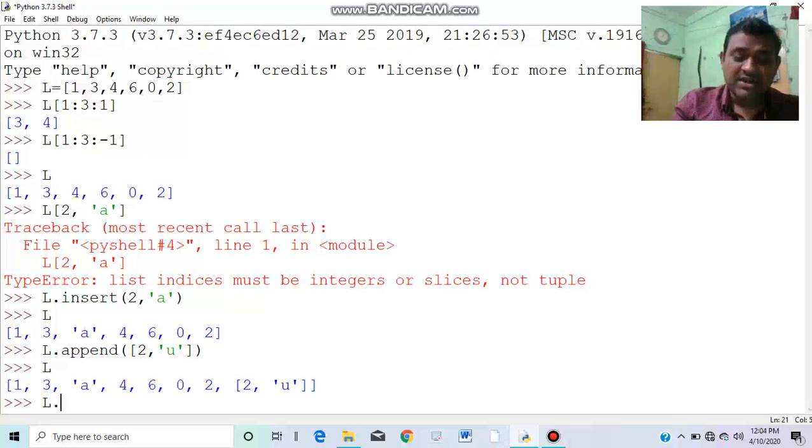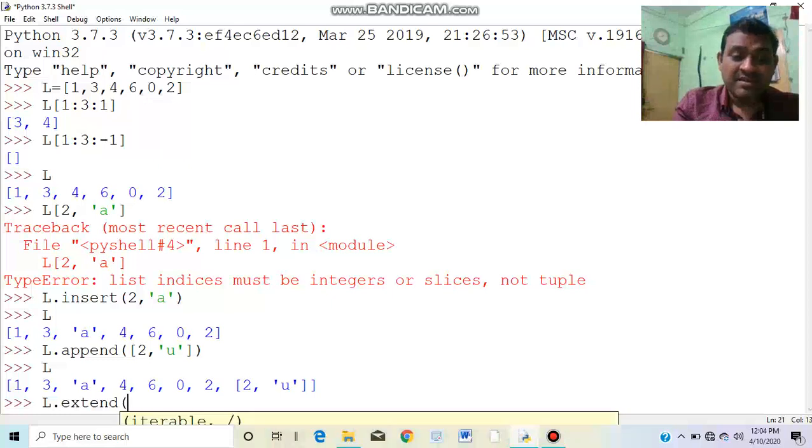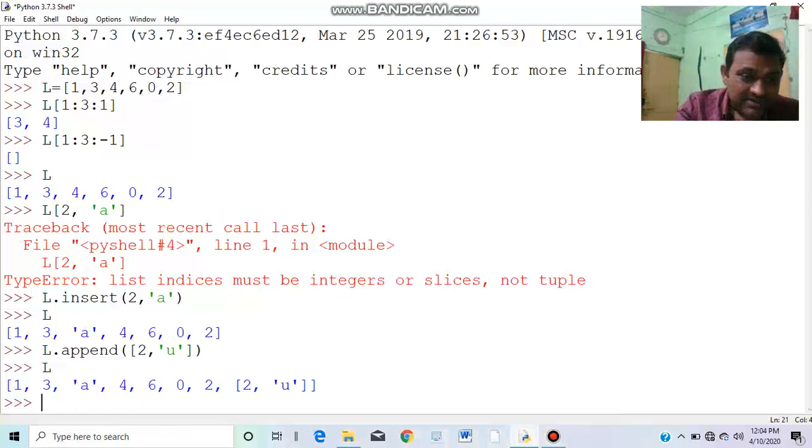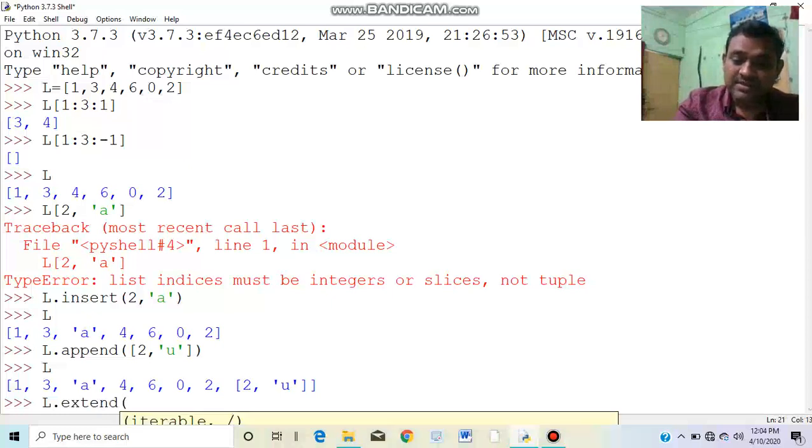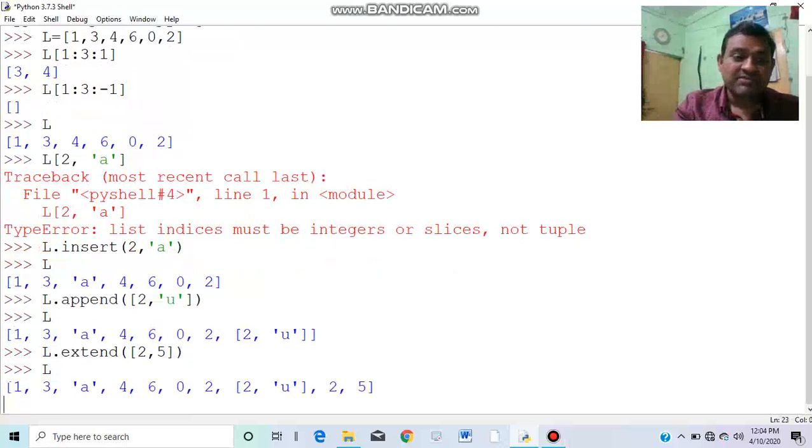L dot extend, 2 comma 5. This is the meaning of extend.